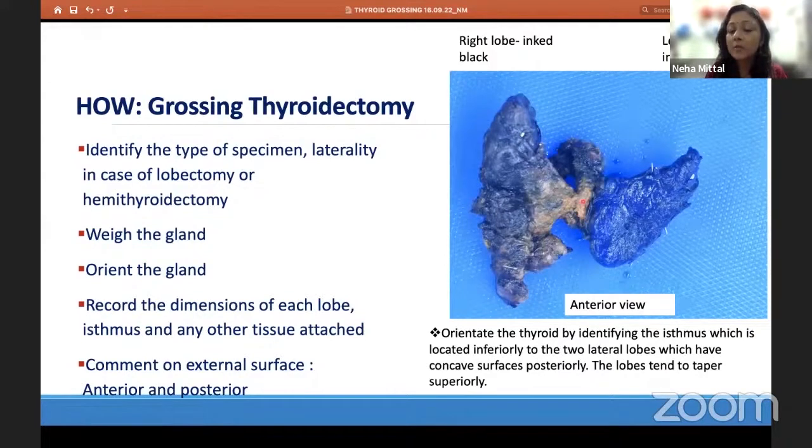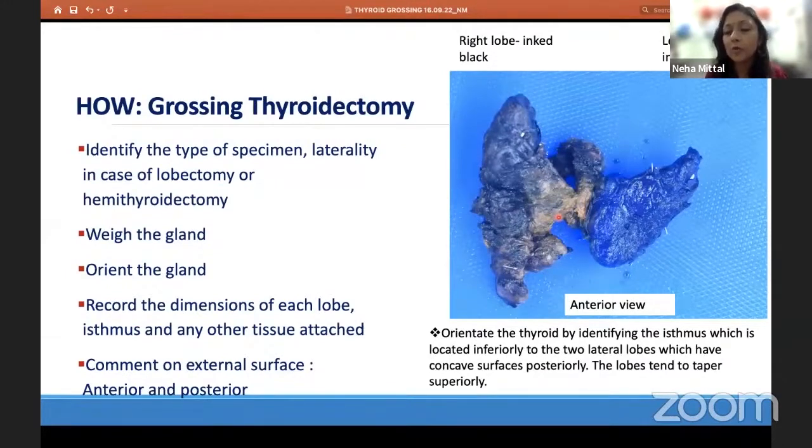And remember that the thyroid on the anterior surface is convex or bulging, and the posterior surface is concave. And that is how you can orient a thyroidectomy specimen, which is not distorted